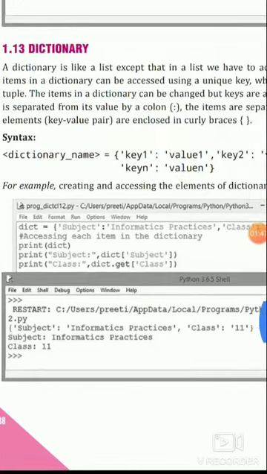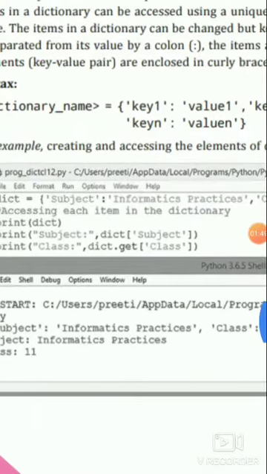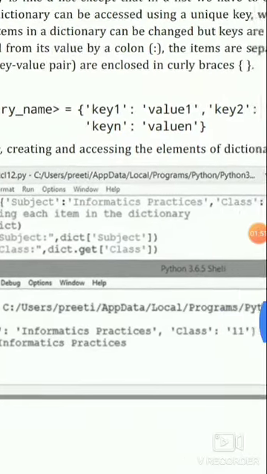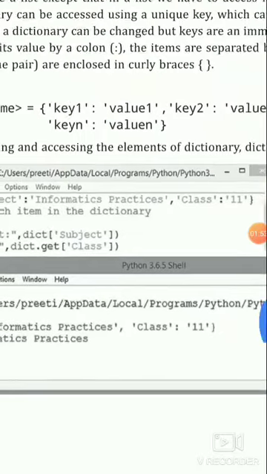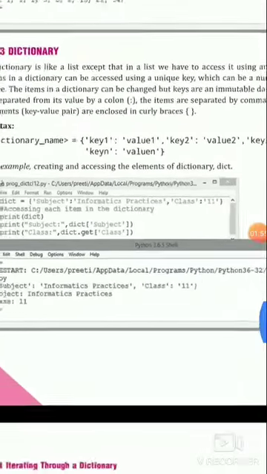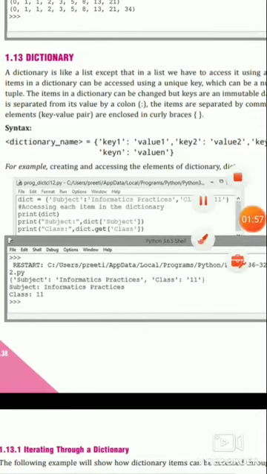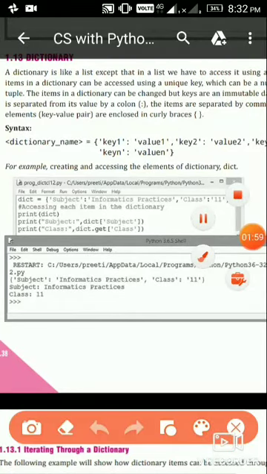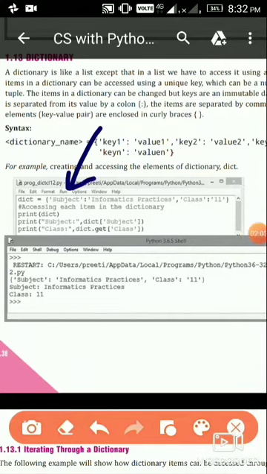So dict equal to subject colon informatics practices, and class 11, means here there are two keys. The first key is subject and the second key is class, and after each key a colon is used, and after the colon the value of that key.